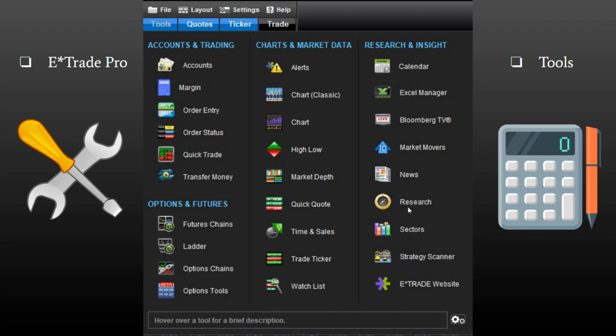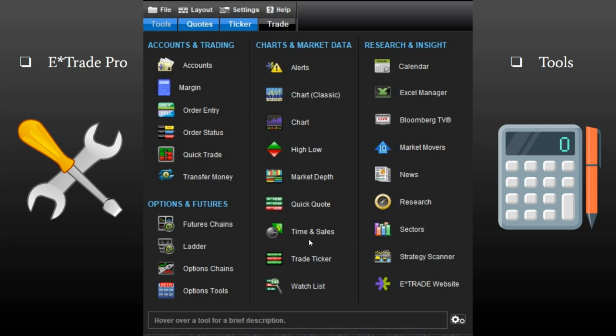eTrade provides me with a strategy scanner. I made a scanner that shows me every time a stock is gapping up more than 5% in the market. Now, I did mention before, you pay for what you get. A broker like Robinhood, not so much. I used to use Robinhood in the early days, but I doubt whether they have something like this even up to now. It's been a while since I really went into that app and played around with it. But eTrade allows you to build a scanner.